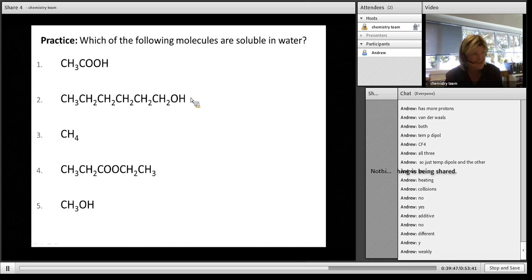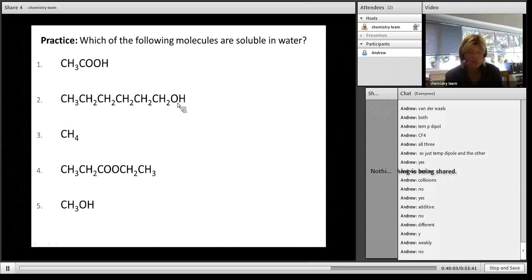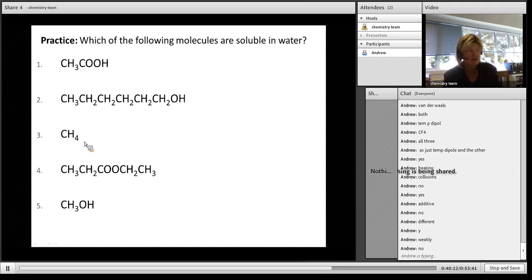okay, yes, it'll form hydrogen bonding, but I've got an enormous non-polar end, so it's not going to dissolve very easily at all. So this actually would be insoluble in water. It'll float on top of water. So it'll be like that oil floating on top of water. Methane. Will methane dissolve in water? No, because it's nonpolar. The attractions between this nonpolar molecule and water is not enough to break the hydrogen bonds in